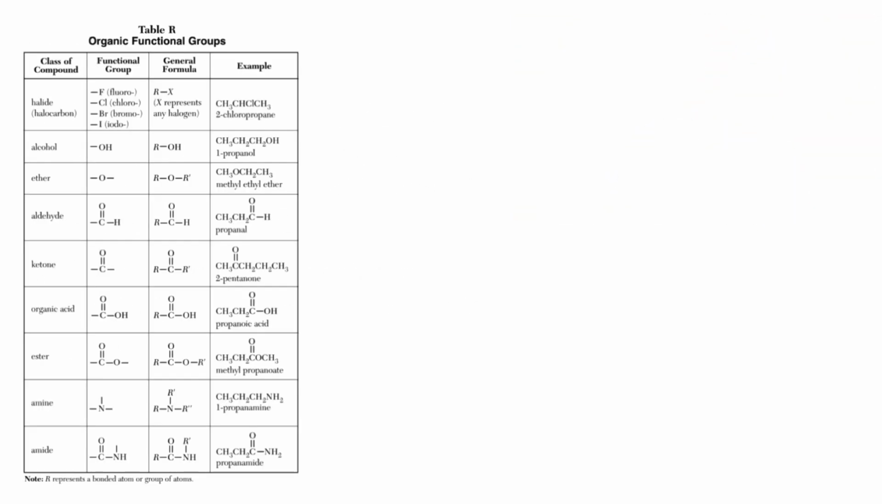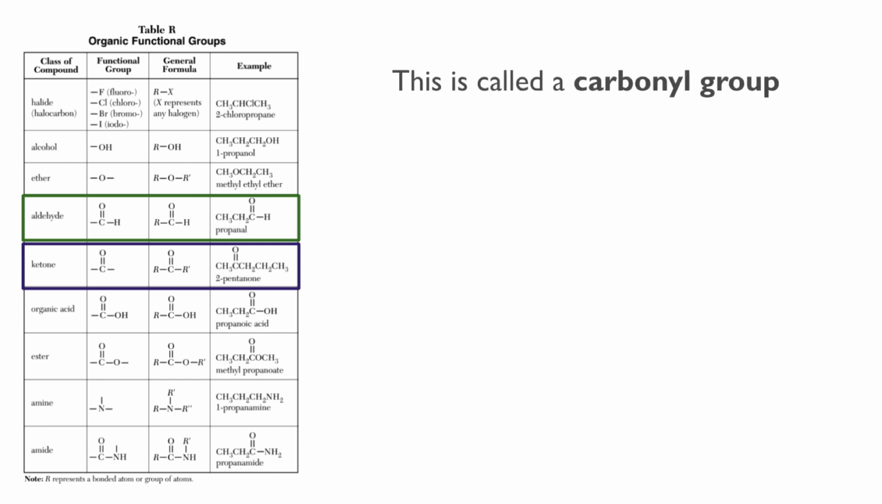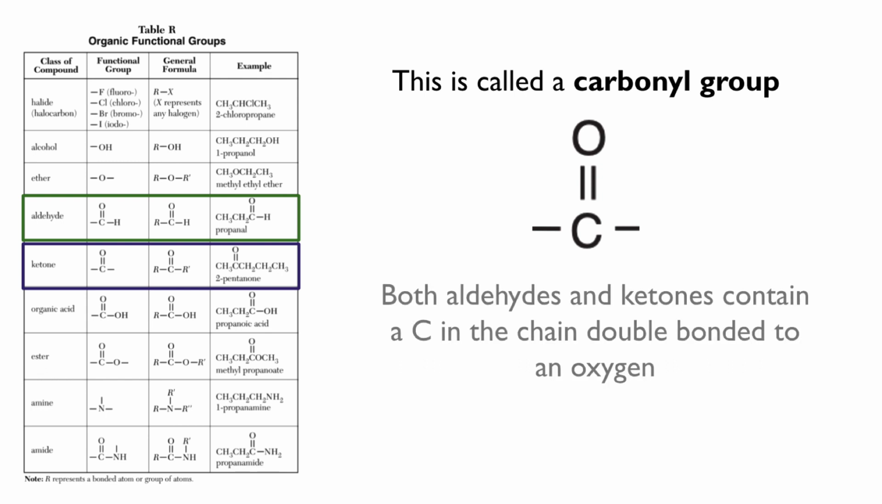Let's go. Let's start by finding aldehydes and ketones on Table R. So I see them down there in the 4th row and the 5th row. Aldehydes and ketones look similar to each other at first glance. They both contain what's called a carbonyl group. That's that carbon double bonded to an oxygen and then bonded to two more things. You'll notice that